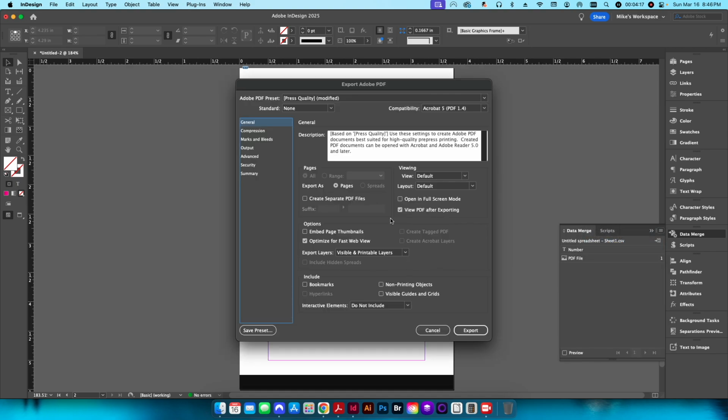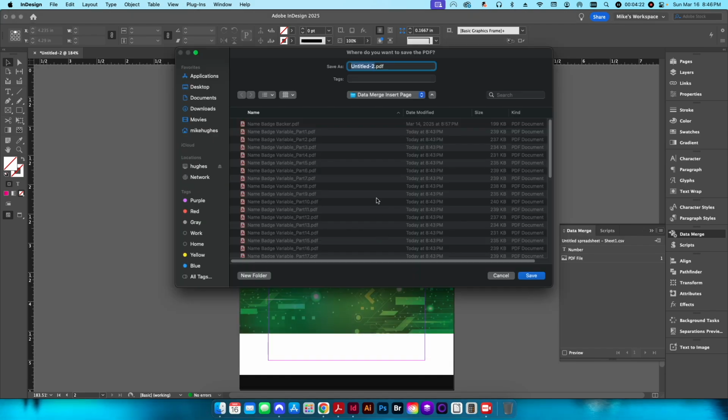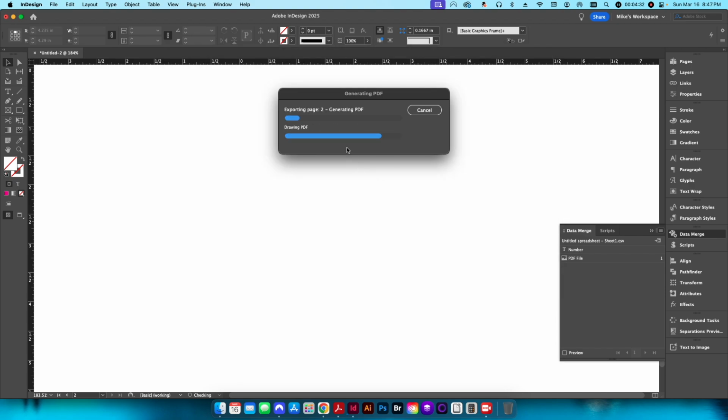So now when I go to export this, I'll just go all records. I'll just leave it on my press quality preset, and I'll just call this name badge with backer. This will take a second, and when it gets to the end, when it opens up, you'll see